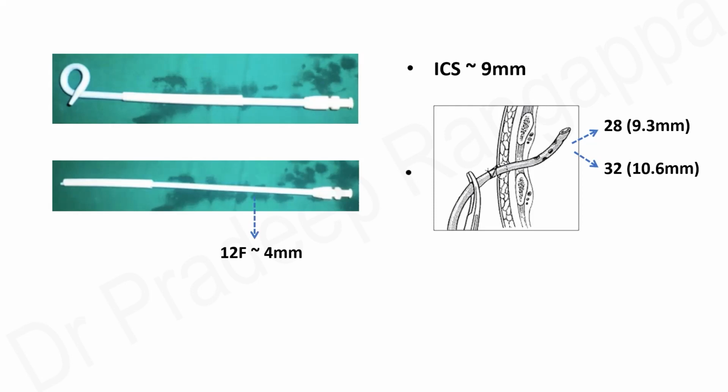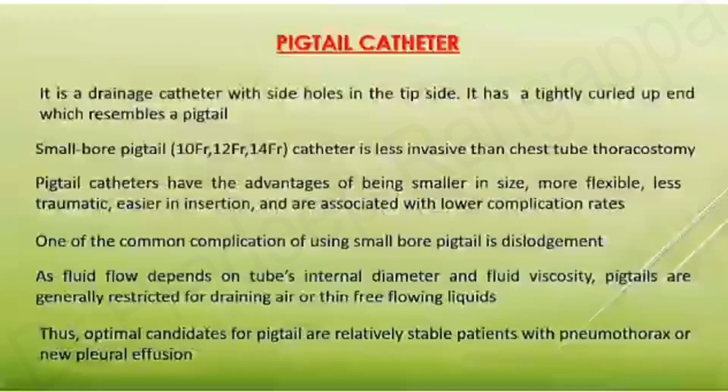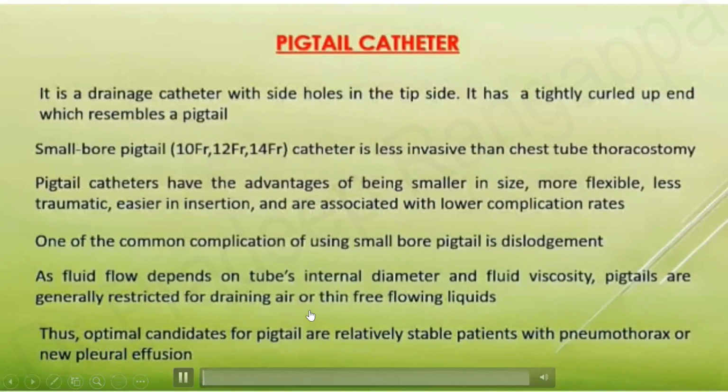These pigtails are typically suited for draining thin fluids or transudates due to, say, heart failure, nephrotic syndrome, chronic kidney disease, liver failure or cirrhosis of the liver. In any of these conditions, pigtails may be suitable, but they are not advocated for empyema or any pus collection or pneumothorax. For a small pneumothorax it is suggested, although mostly in pneumothorax we tend to put a smaller size underwater seal drain. So it is mainly for thin fluids. I'll take you through the video, have a look, and I will be interspersing in between.